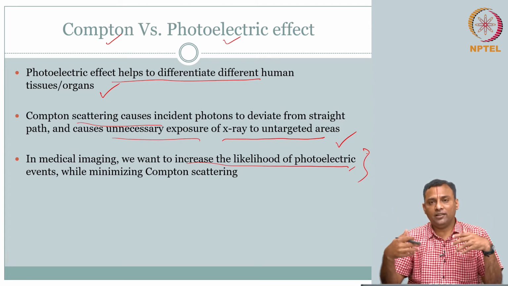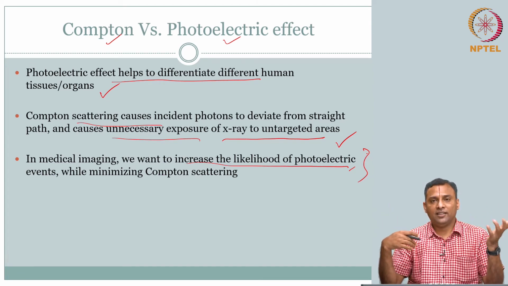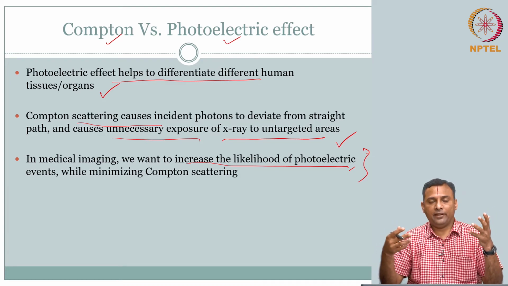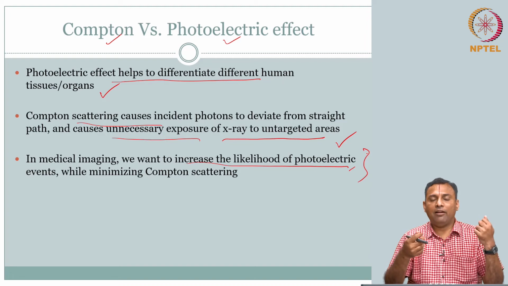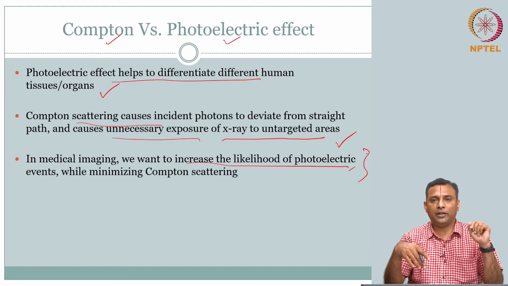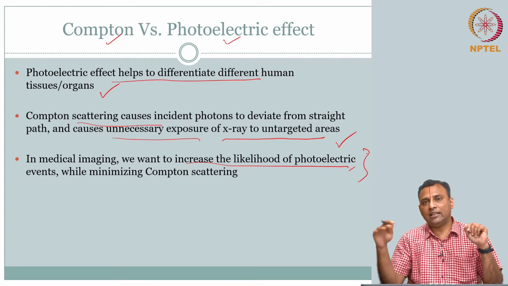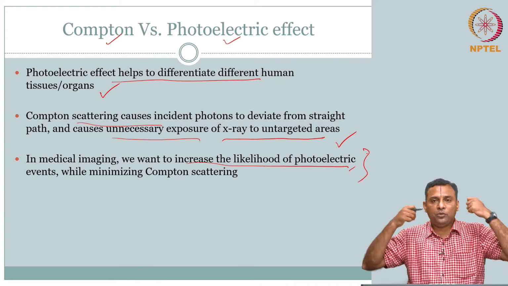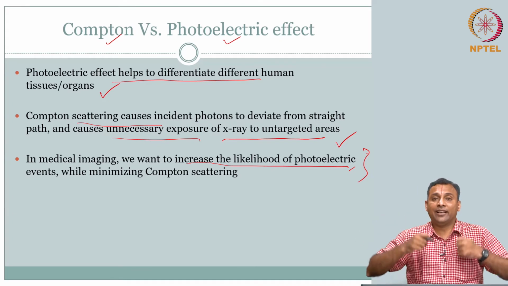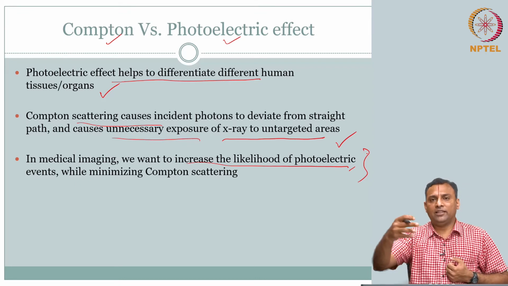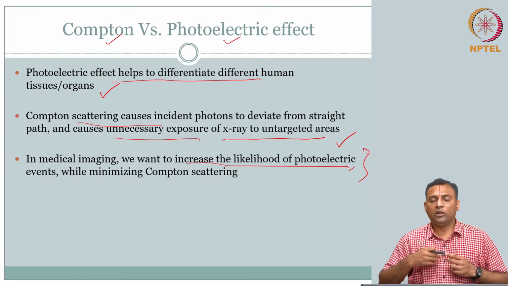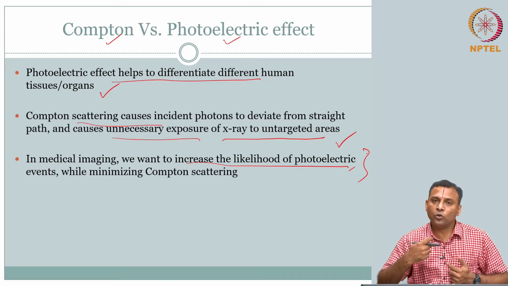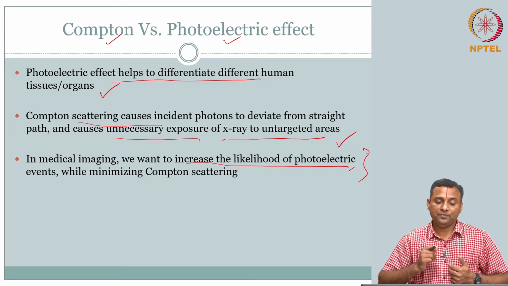That's why if you go to a scan room, the operator who is going to do all that will have safety, because you have gone there to take a chest X-ray and he doesn't want to get exposed to ionizing radiation. That he sits in another room is one thing, but even then you will see that they put on a lead jacket. Why? Because they want this energy to get absorbed by that lead jacket. They don't want to get ionized. They don't want this ionization to go to their soft tissue.